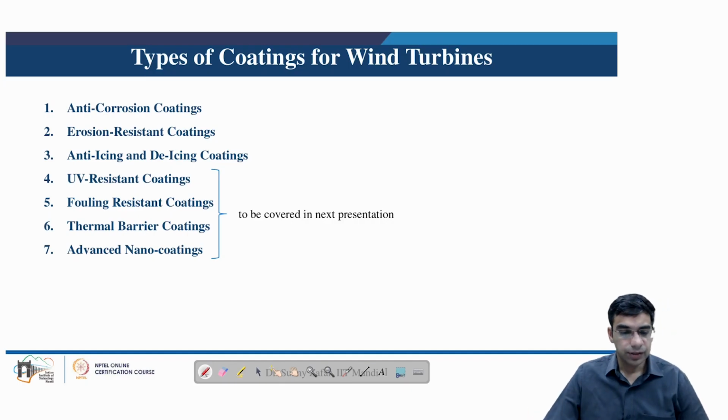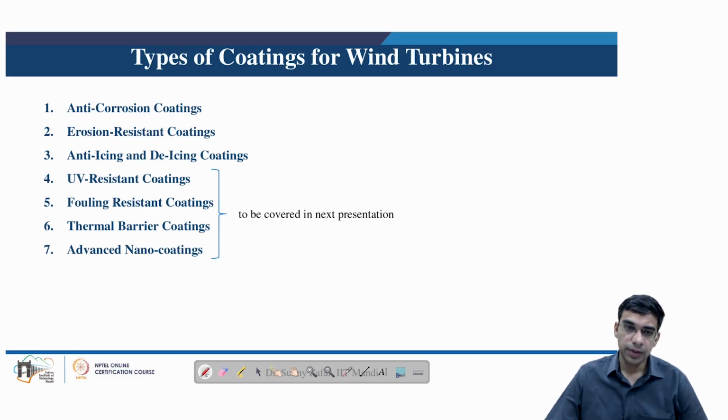So because of all these challenges, there are different types of coatings which are applied on various components of the wind turbine. Out of these coatings, there are seven most popular types of coatings. These are anti-corrosion coatings, erosion-resistant coatings, anti-icing and de-icing coatings, ultraviolet resistance coatings, fouling-resistant coatings, thermal barrier coatings, and advanced nano coatings. Out of these seven coatings, three will be covered in today's lesson,